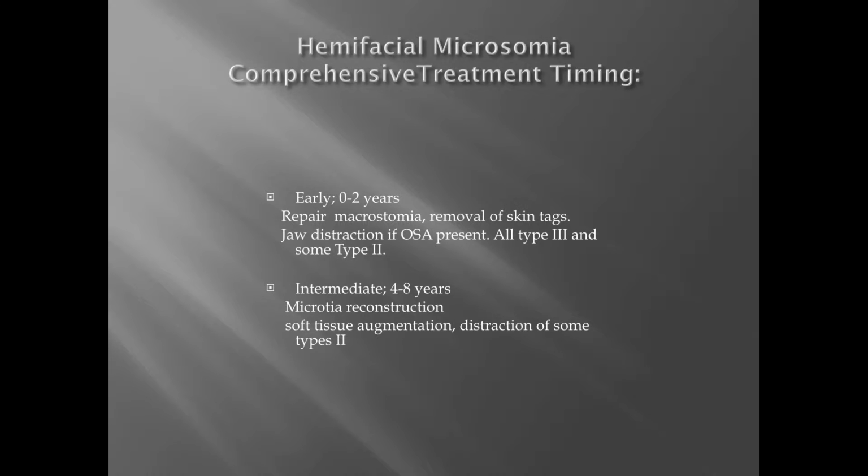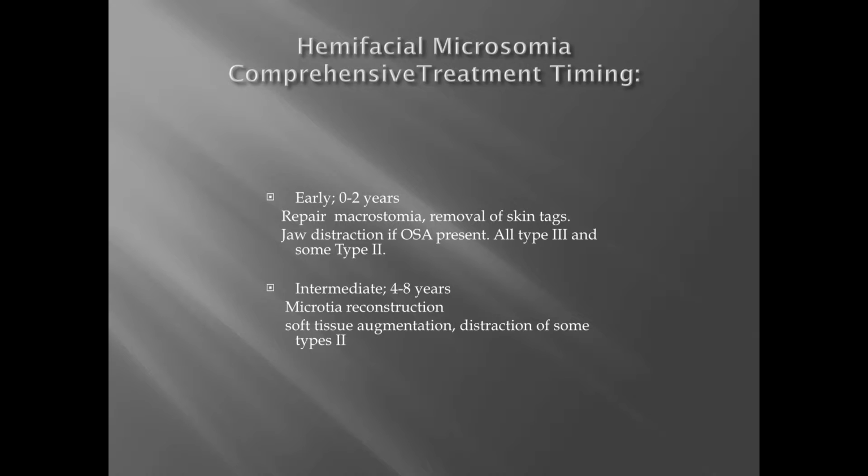So how do we break this timing up depending upon age? Early treatment is between 0 to 2 years of age. This is when the macrostomia, or the lateral facial cleft, would be repaired, skin tags removed. Jaw distraction would be performed to make the mandible larger and of a more normal shape. If it's a type 3 condition, for sure. And in many of the type 2 conditions, as I've shown, if there is obstructive sleep apnea associated with the